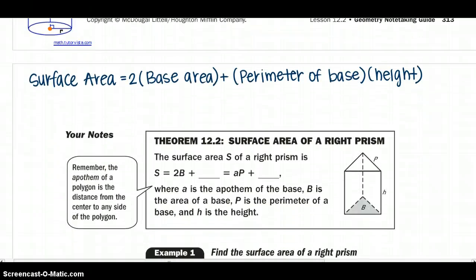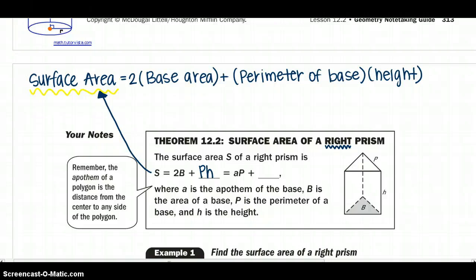Moving on to our first theorem of section 2, the surface area of a right prism. For a right prism, the surface area S equals 2 times the base area plus the perimeter times the height. I have spelled it out in words for you because I am so much better with that. So again, 2 times the base area, only one of those, plus the perimeter of one of the bases